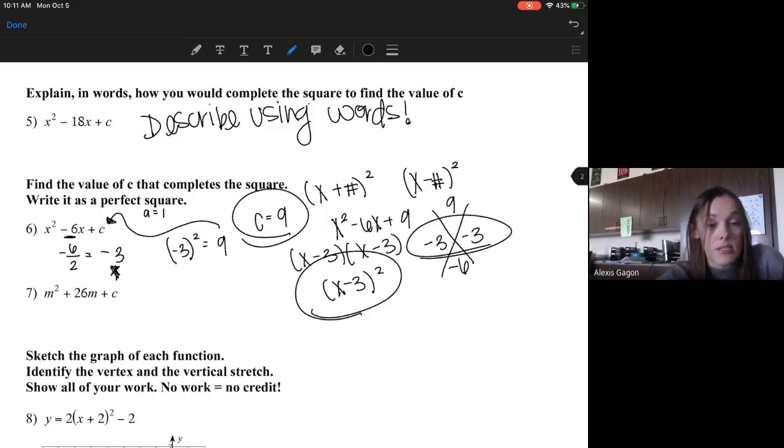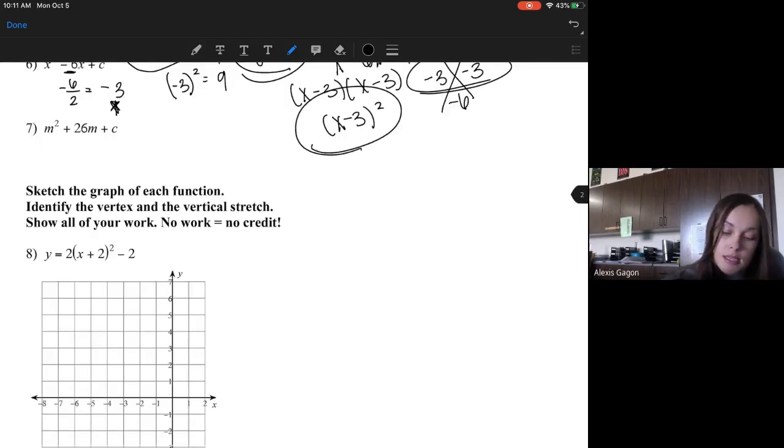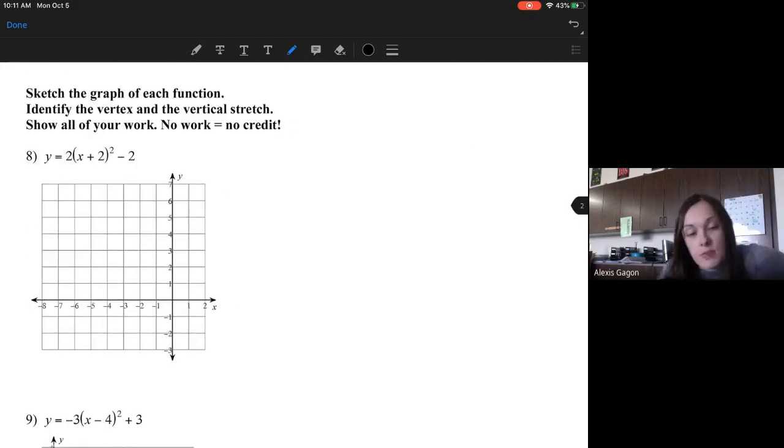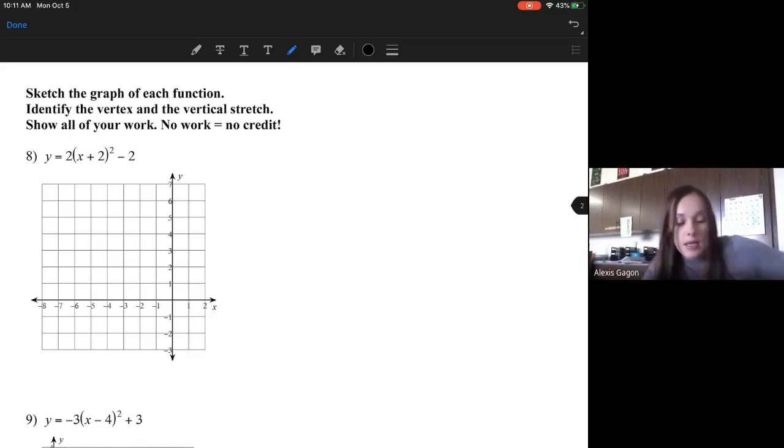Are there any questions on that one? Okay. So there's going to be 2 of those ones. These ones, we have to sketch these graphs using, this is called vertex form here. So the vertex form